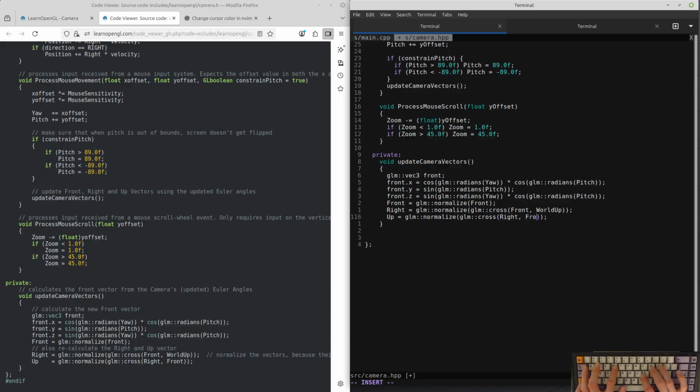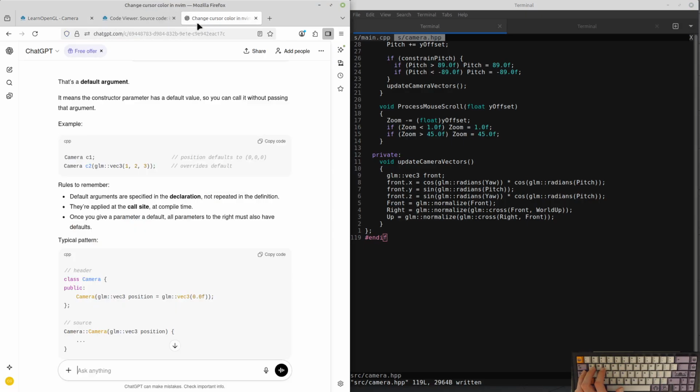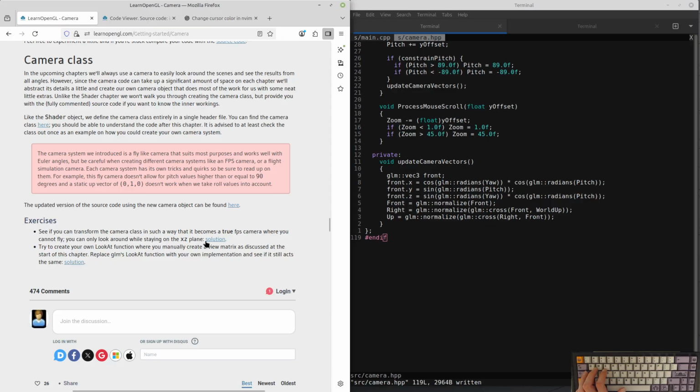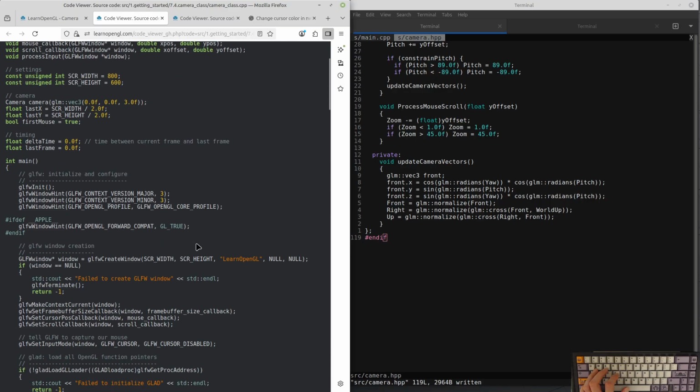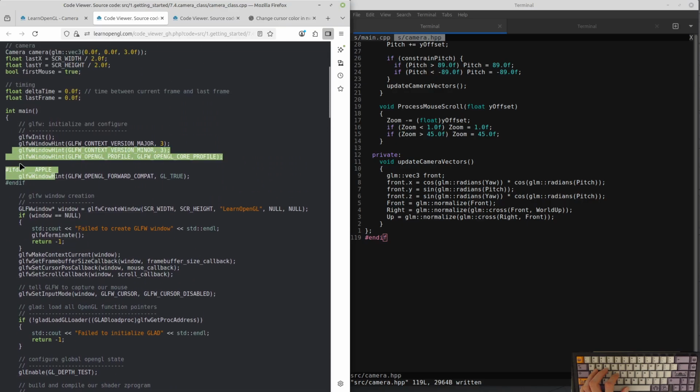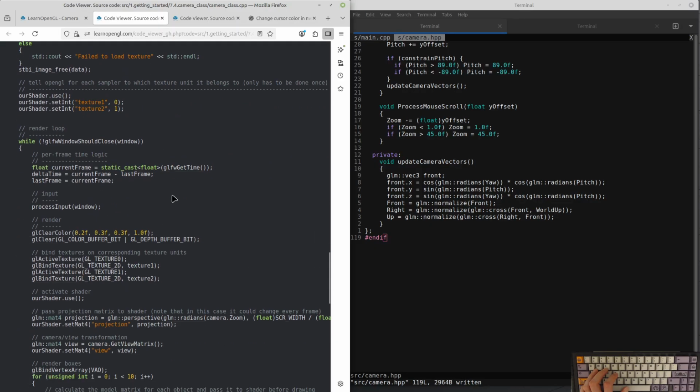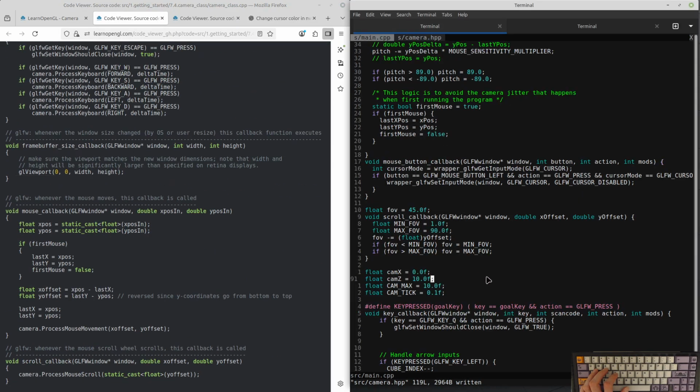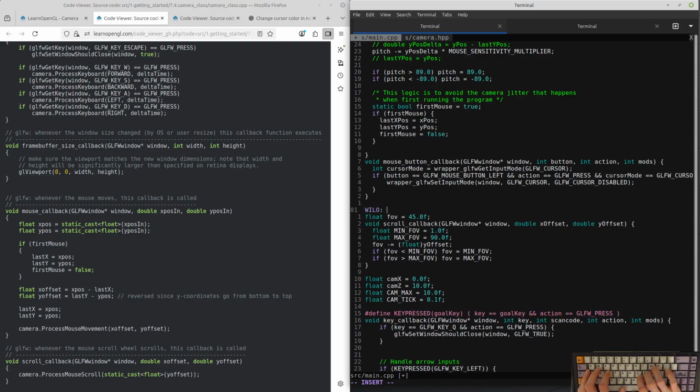Now I'll work on understanding this tomorrow. I just want to see if it works, I guess. Right, but then how do we use it? Yeah, that's right. The versions of source code can be found here. Oh, Apple, sure. Okay, so next task. Just throw Wilo here. Now need to use the new camera.hpp class code.